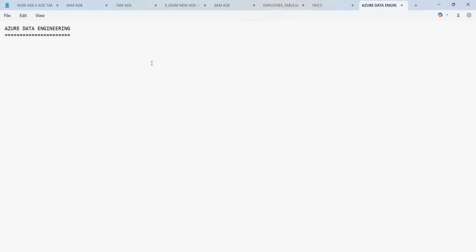That is called Azure Data Engineering. Azure Data Engineering is a cloud service, guys. It is a bunch of cloud services, you can say. Not only one service, we have many services.